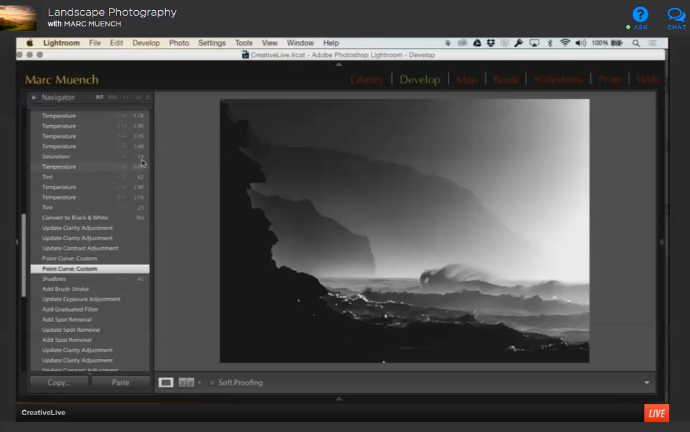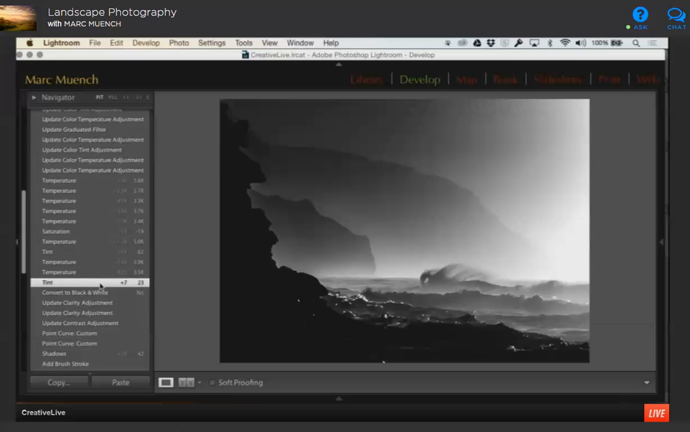And you can see another point I want to make about black and whites, which I'll show you, is